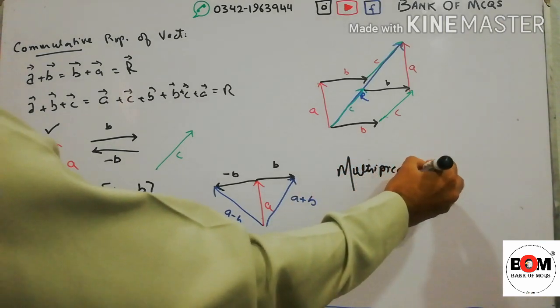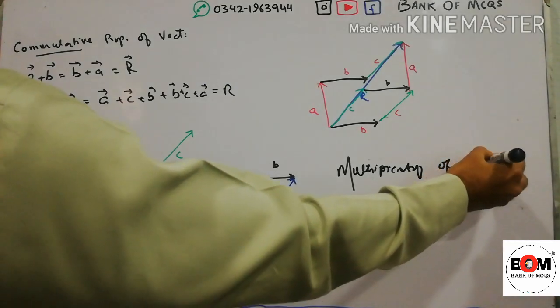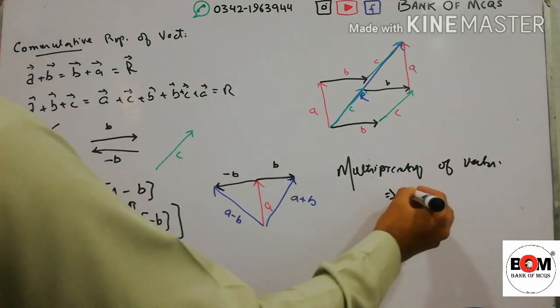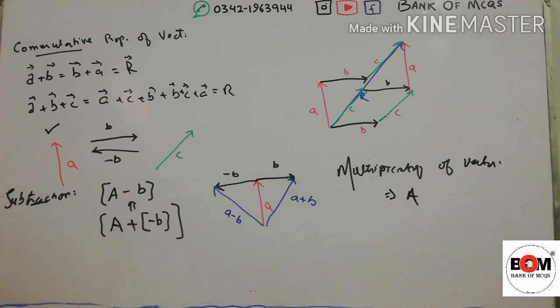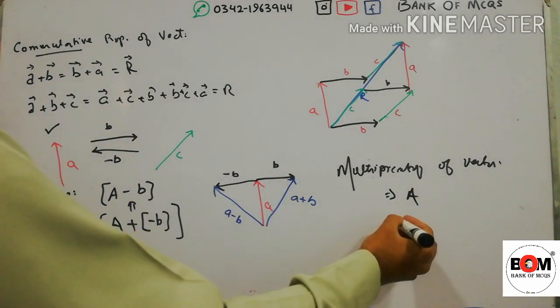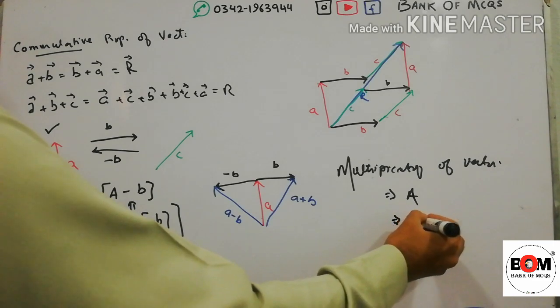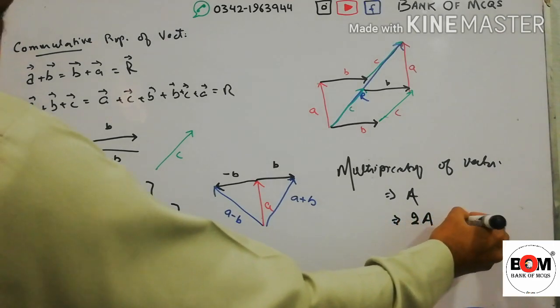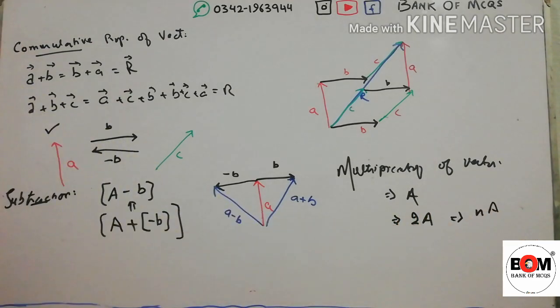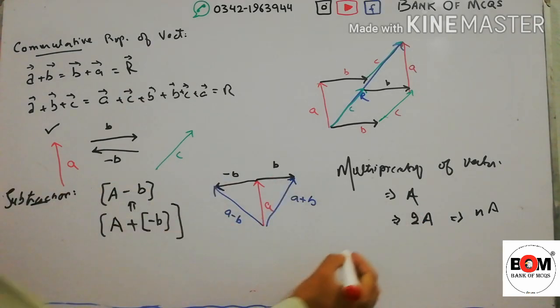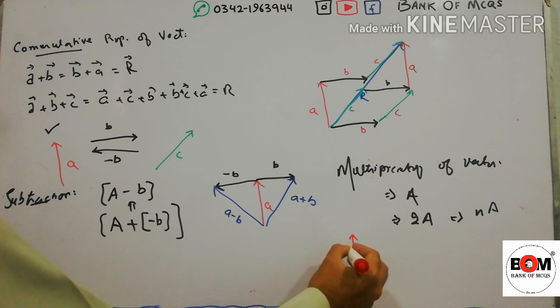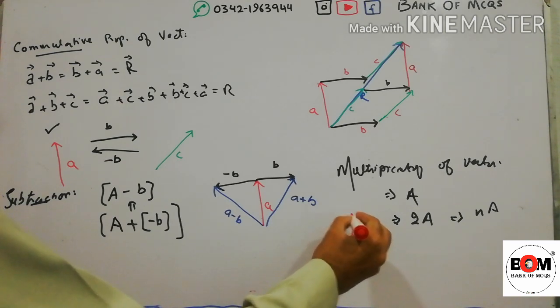Multiplication of vector. If we have vector A, and we multiply it by a number, suppose 2, it will give us 2A. If n, then we will get the result as nA. 2A means the vector will be double. So if it is A and we multiply by 2, we will get the result 2A